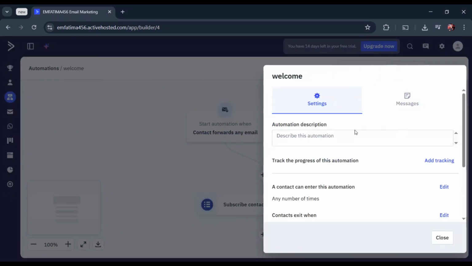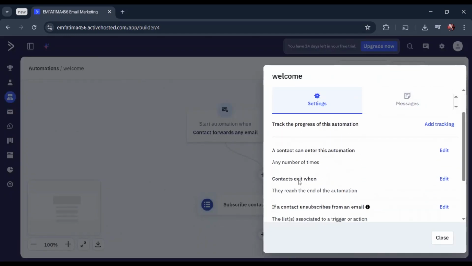You can click on the Activity tab at any time to monitor who has entered the automation and what emails